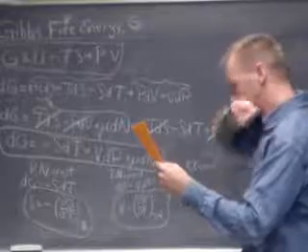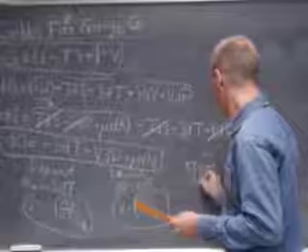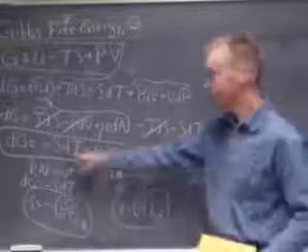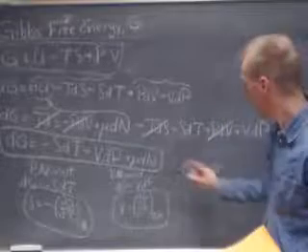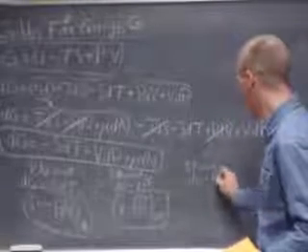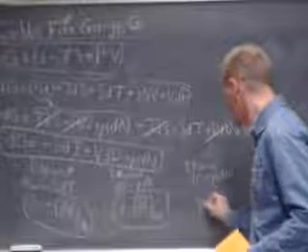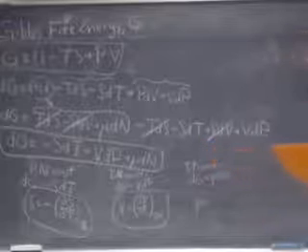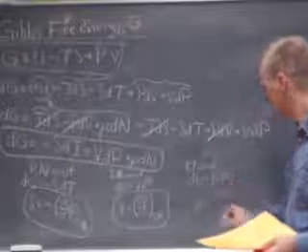In that case, dG equals, well, dT is 0, so that's 0. dP is 0, so that term is 0, plus mu dN,